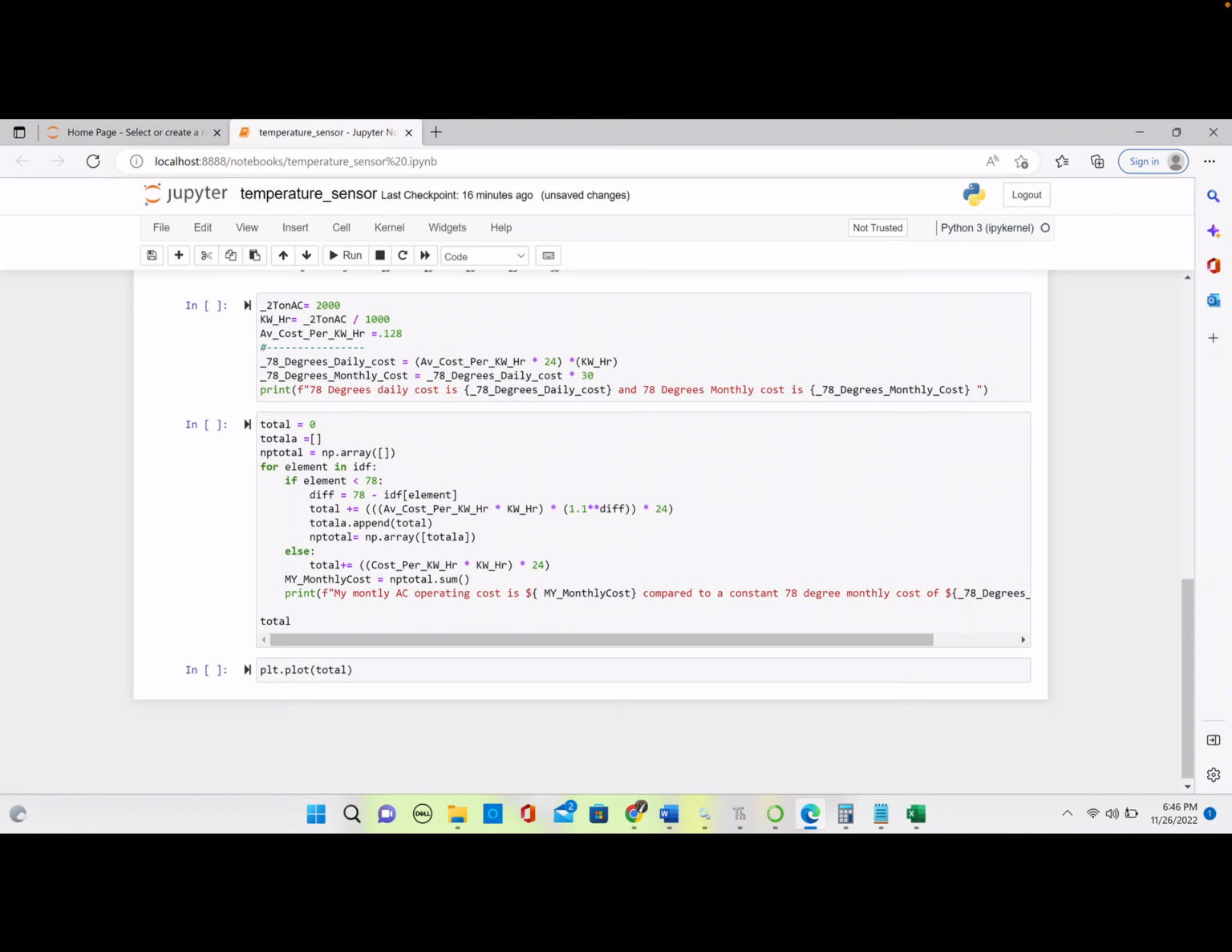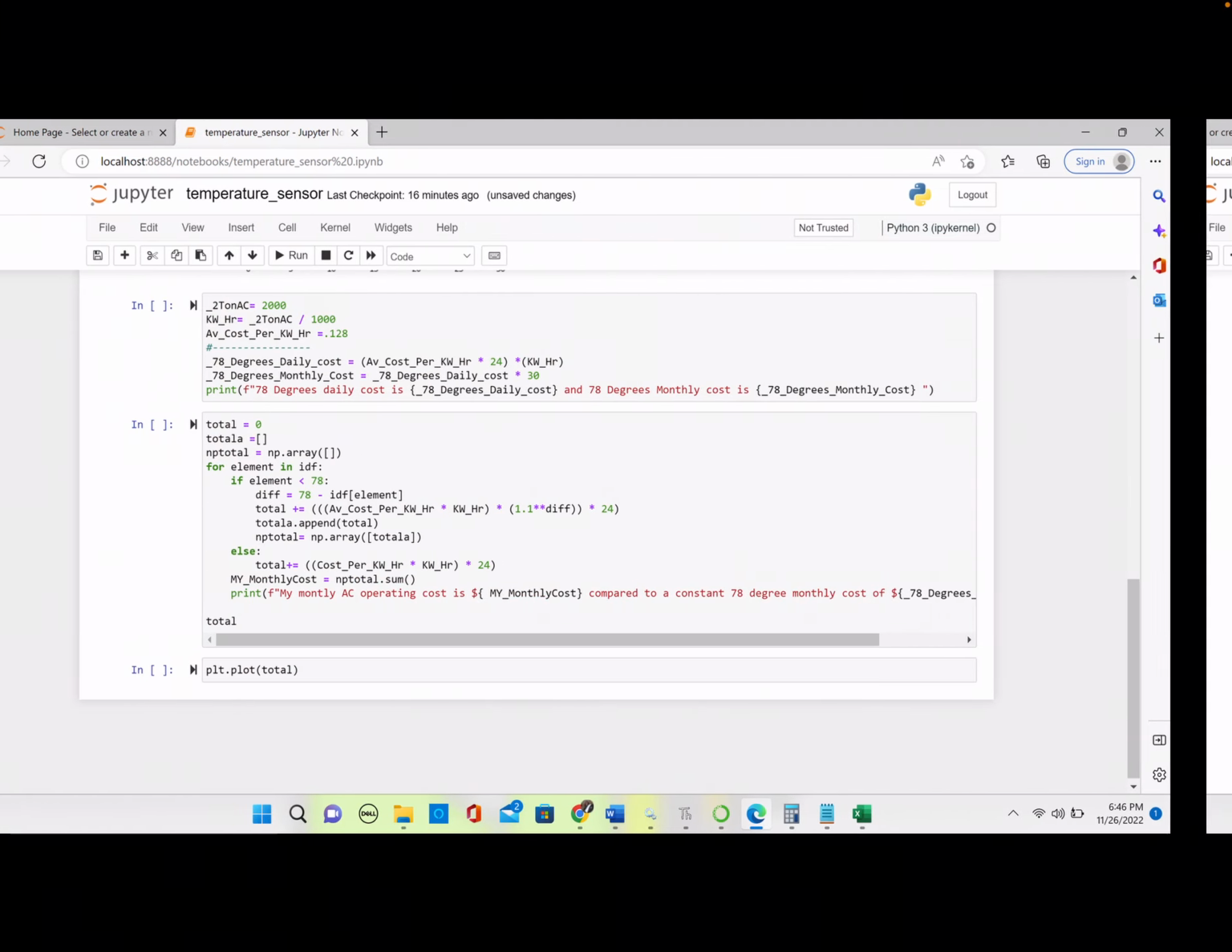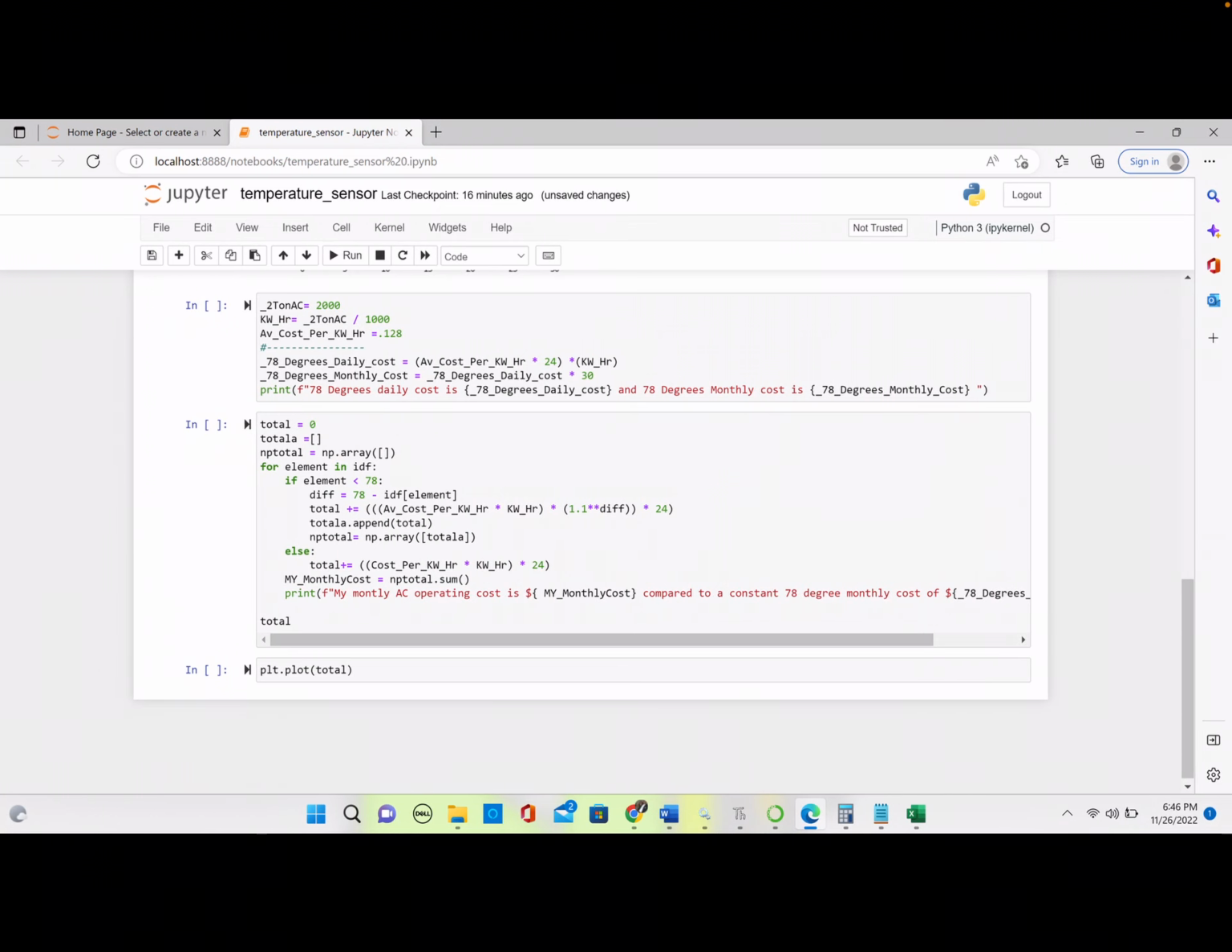Here I have the 78 degrees daily cost, and I also have the 78 degrees monthly cost. We'll go here, and you'll see that